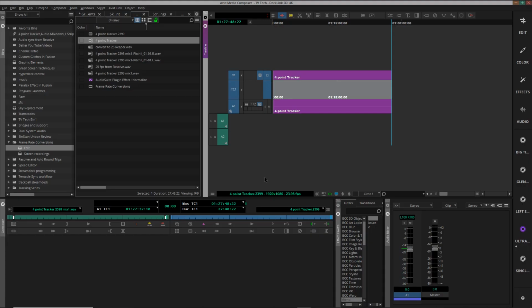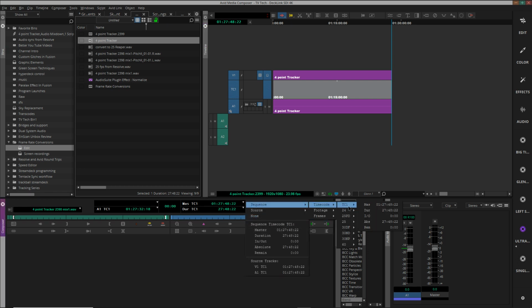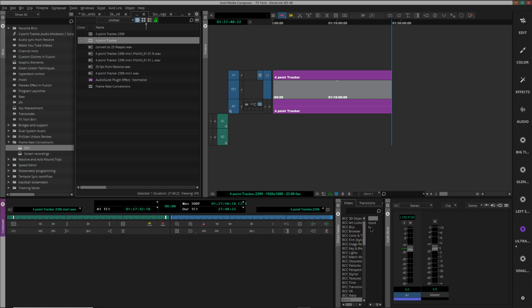We are in a 23.98 project. We can call up our sequence, and then along this timecode window, we have all sorts of options for different time sets we can use. So we can look at this in a 30 drop frame timecode. So if we were trying to hit 2:74822, and I'm going to simplify this for myself right now, I would need to make this 2:74800. So I can go on my 30 drop frame, find